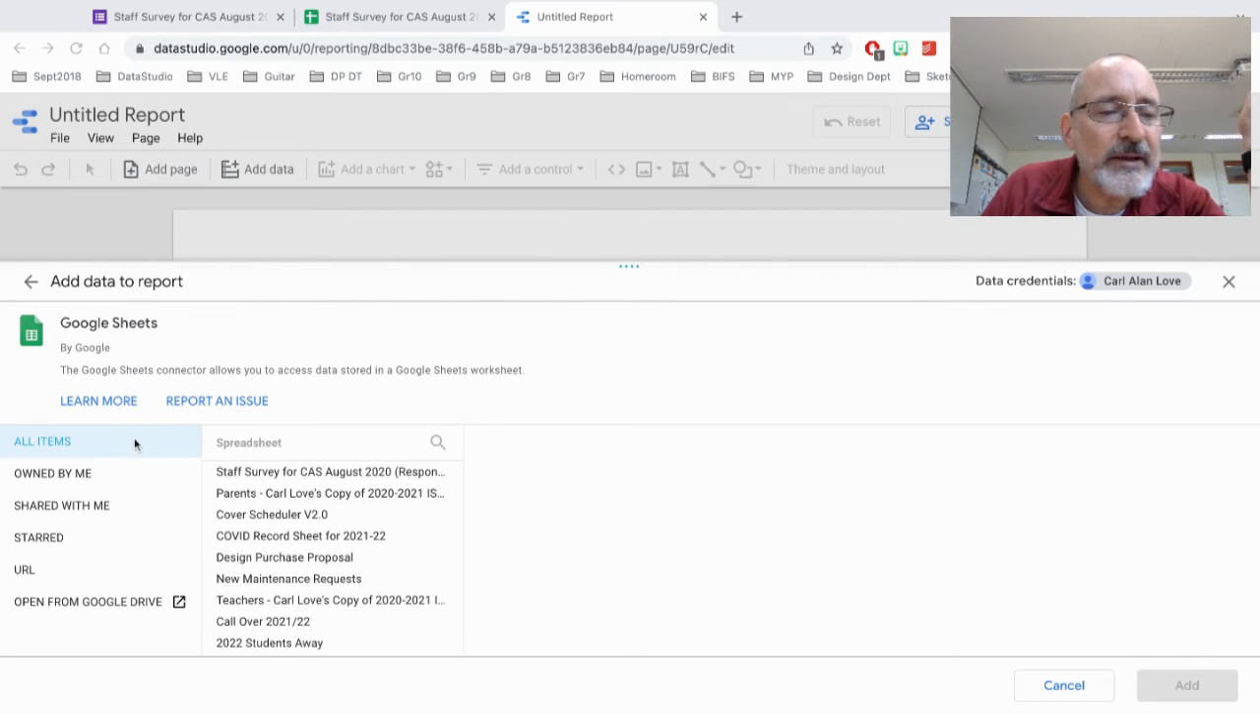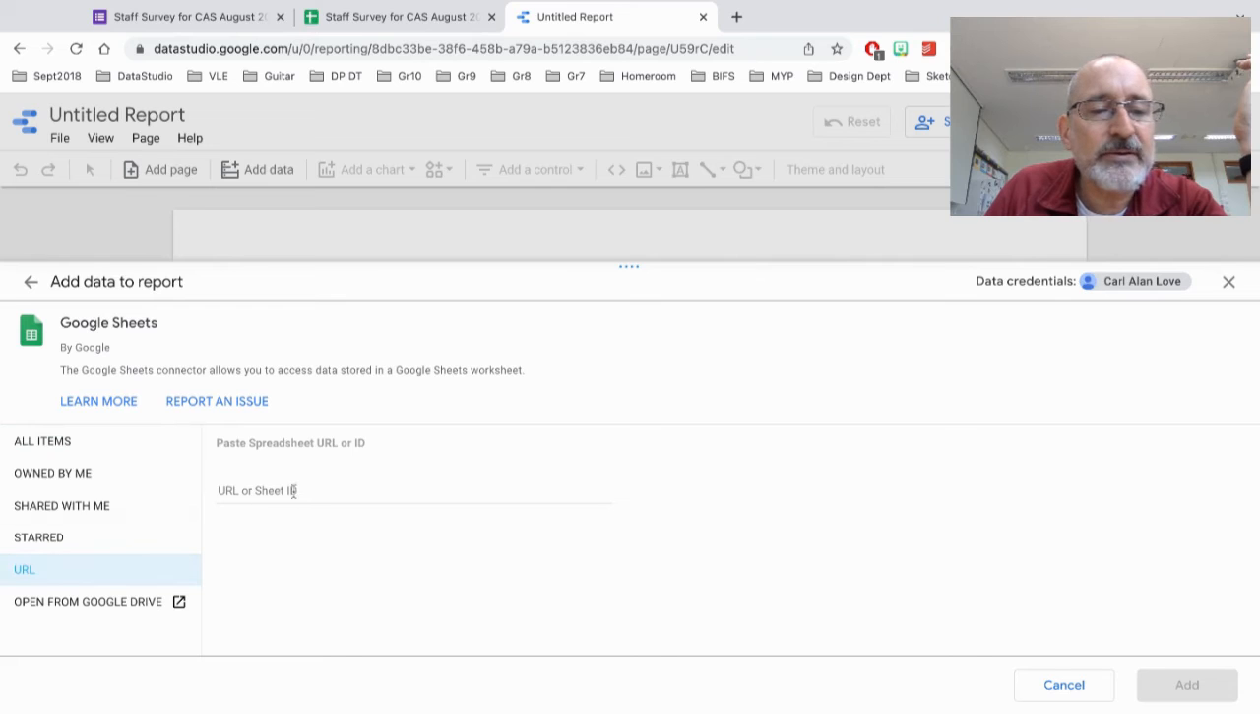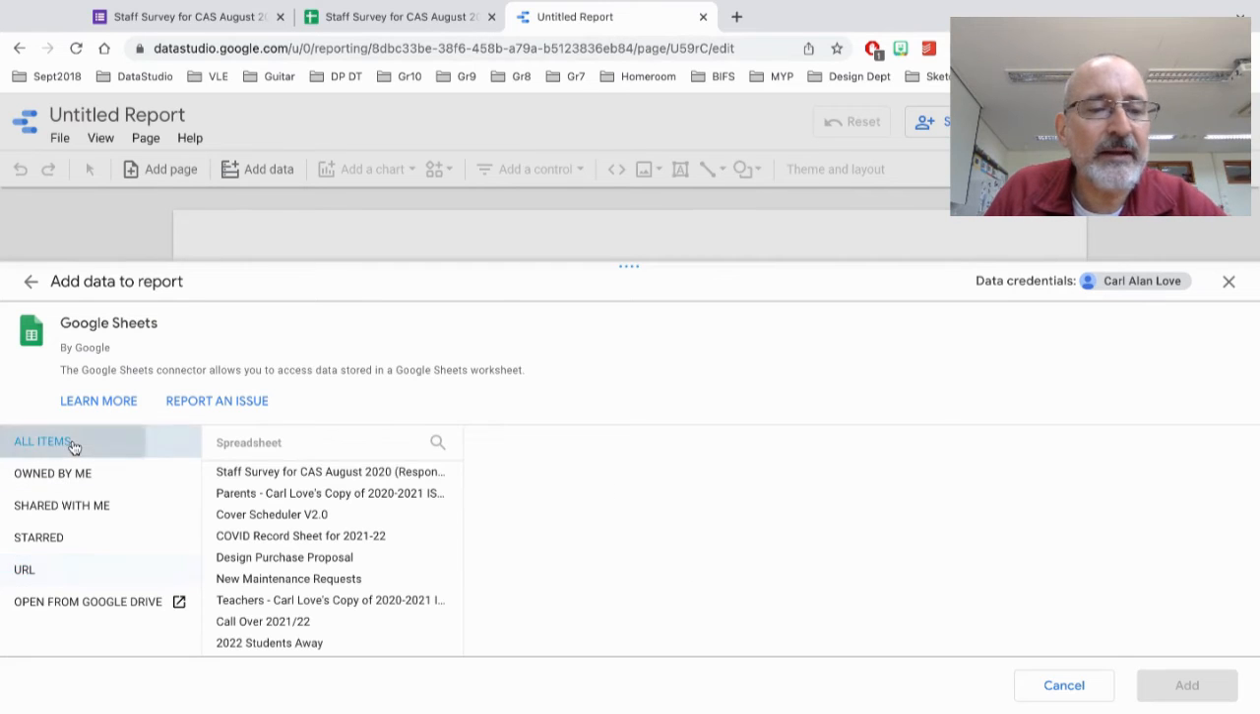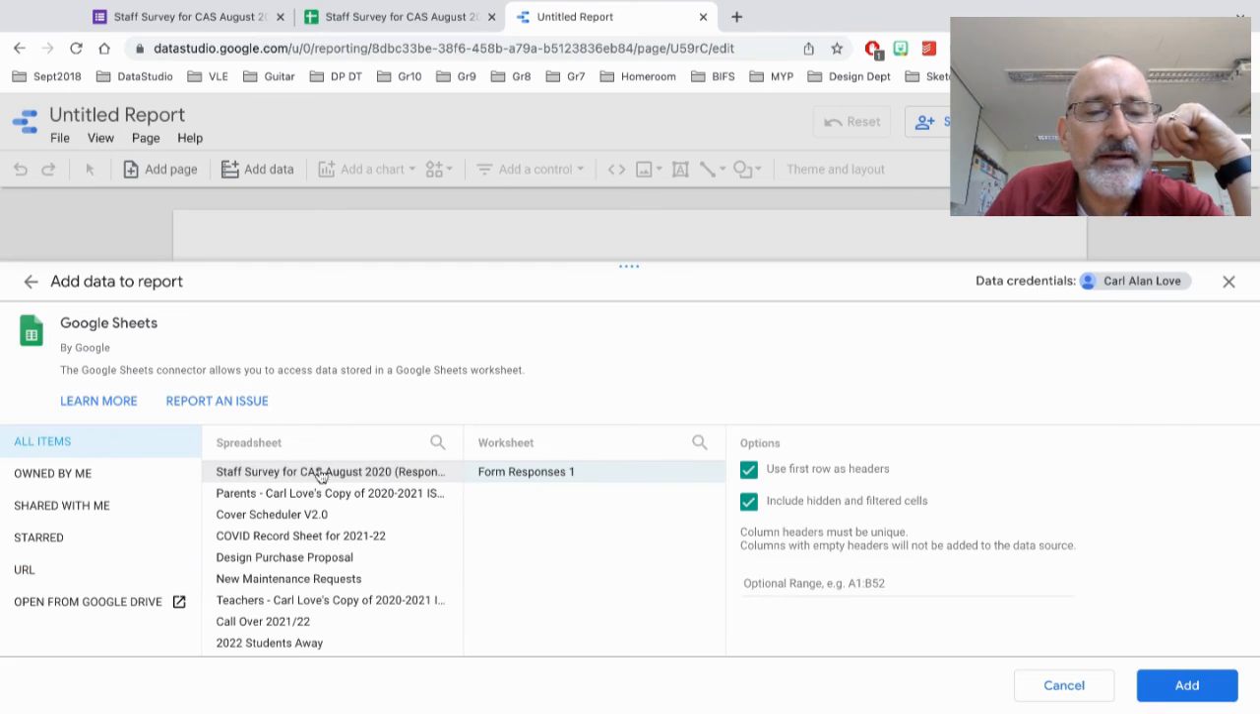But if you're a little bit unlucky, you might have to go to the URL, and then you might have to enter the URL that we just copied, right? So you just paste that in, and then you can push enter for that. But I'm just going to go back to the all items because this is the one that I wanted, the staff survey, and I don't have to change anything over here. This is all good. So I just click add,